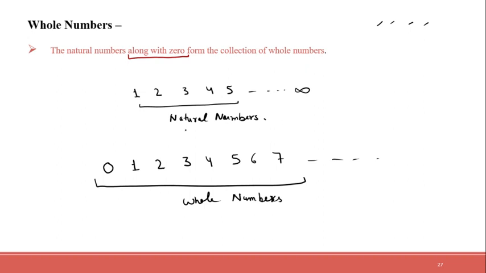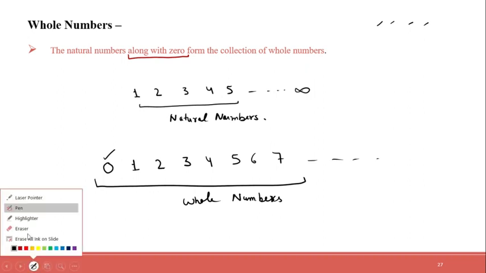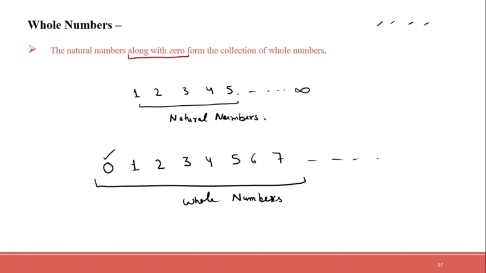Whole numbers. Got it? That means if we start our counting with 0, then the set will become whole numbers. And if we start our counting with 1, then this set of numbers will be called as natural numbers. Okay, so if I say that, if I subtract, it is written whole number here, and if I subtract natural number from it,